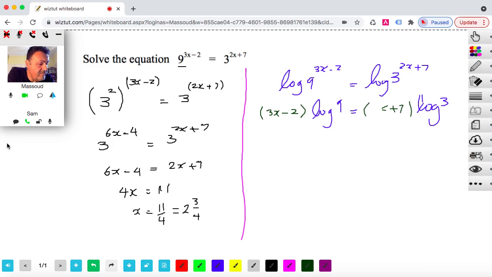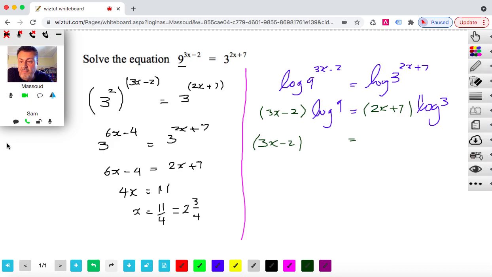Now, what we can do here, since we are lucky enough that log 9 and log 3 are related to one another, is to get the log 3 to this side and divide them by one another. So you would get 3x minus 2 and log 9